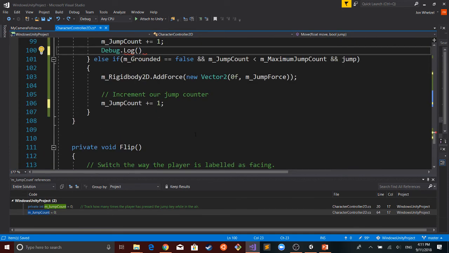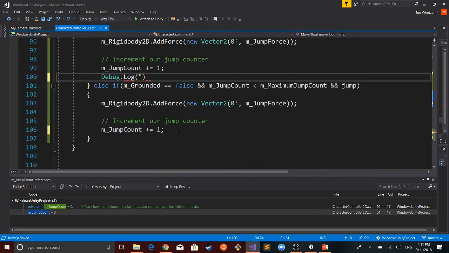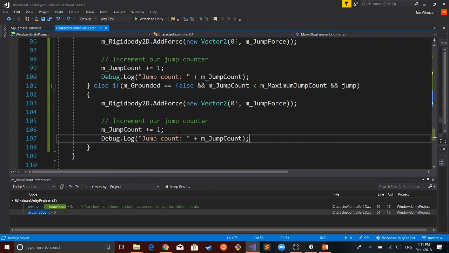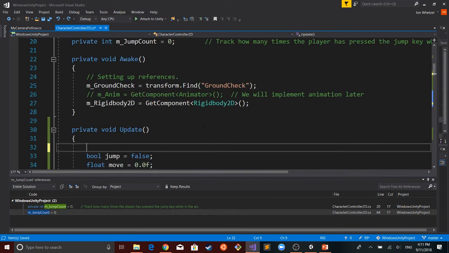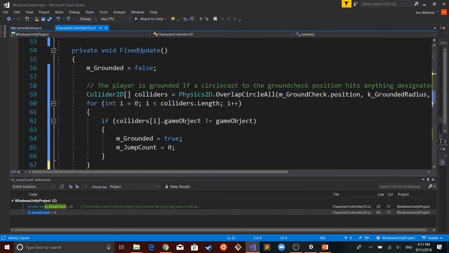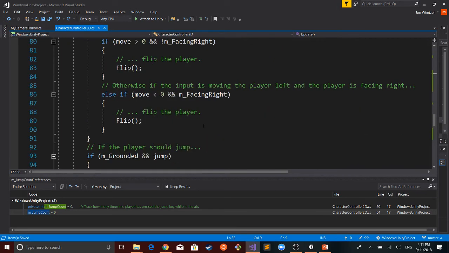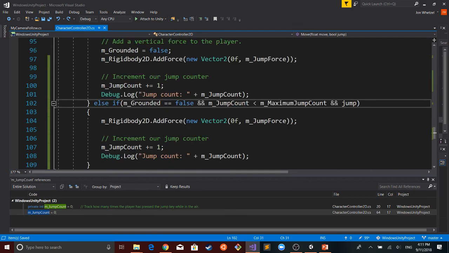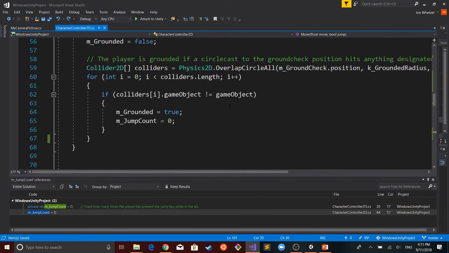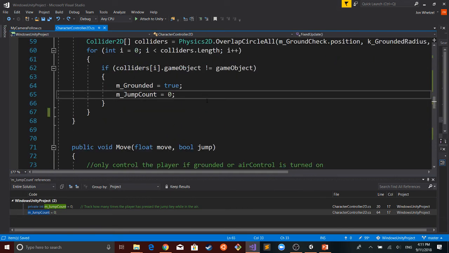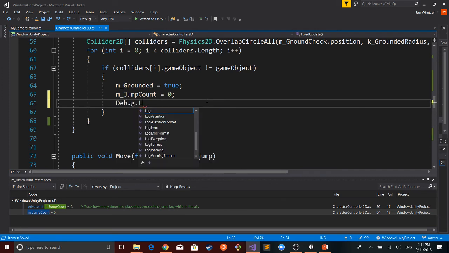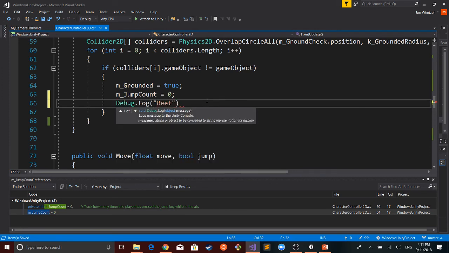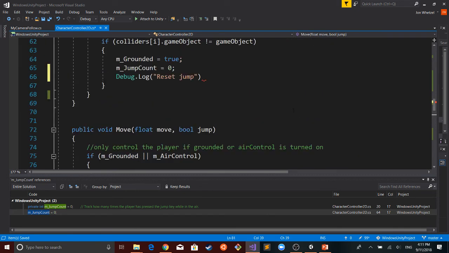Honestly, oh, I don't want to remove that. Redo. Yeah, with that debug though, but I want to jump the one, not a double. With debug jump count, I can't jump an extra. So just to verify, I'll just say reset jump. Whoops.